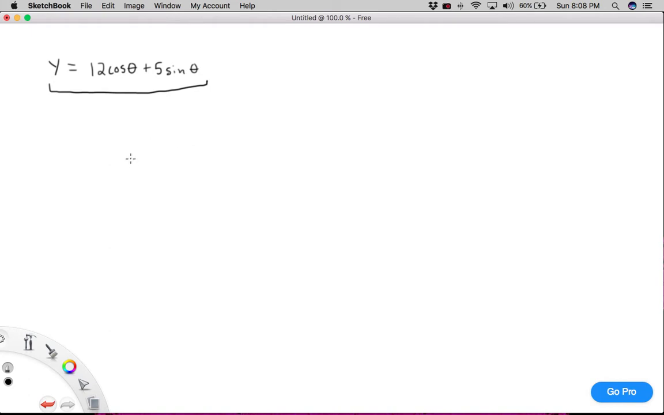The new sinusoid is going to take this form: a times cosine of x minus d. Now a is the amplitude, d is the phase shift, and I'm about to show you exactly how to calculate both of those. So to calculate a,